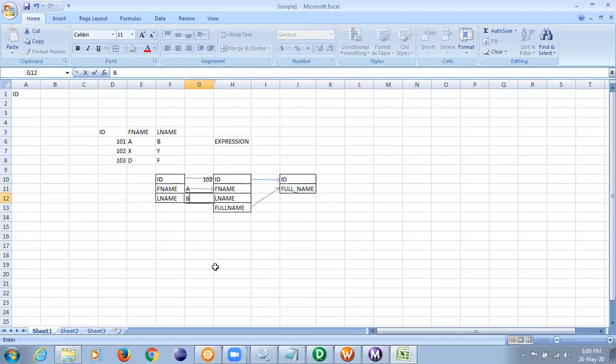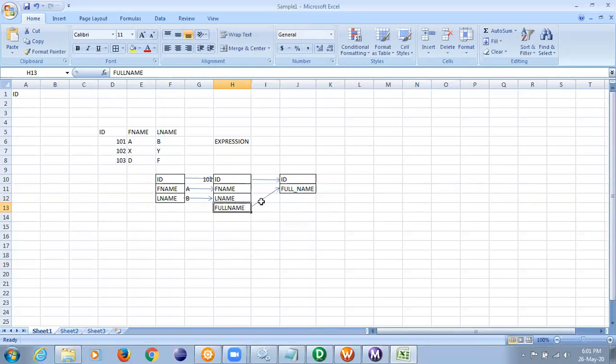Now, please understand very clearly. In the expression transformation, to calculate full name, do I have all the required information now to calculate the full name? Yes, it is available, right?